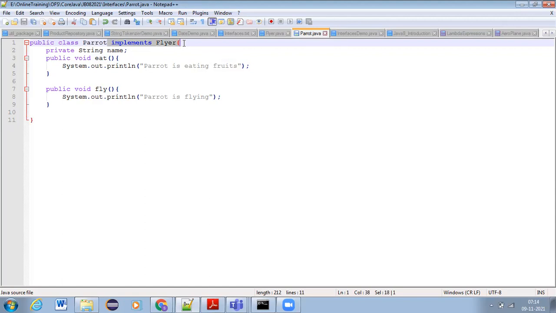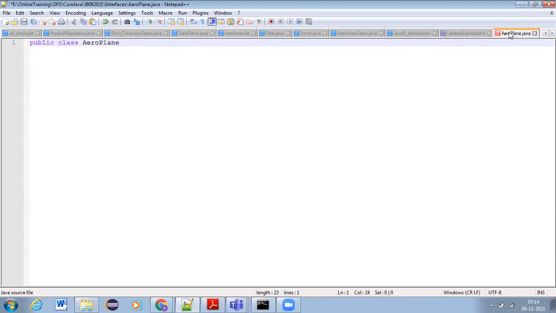Implements. Implements Flyer. This one we need to use. So if it is inheritance from class to class, then the keyword is extends. Inheritance from interface to class is implements. Is it clear?